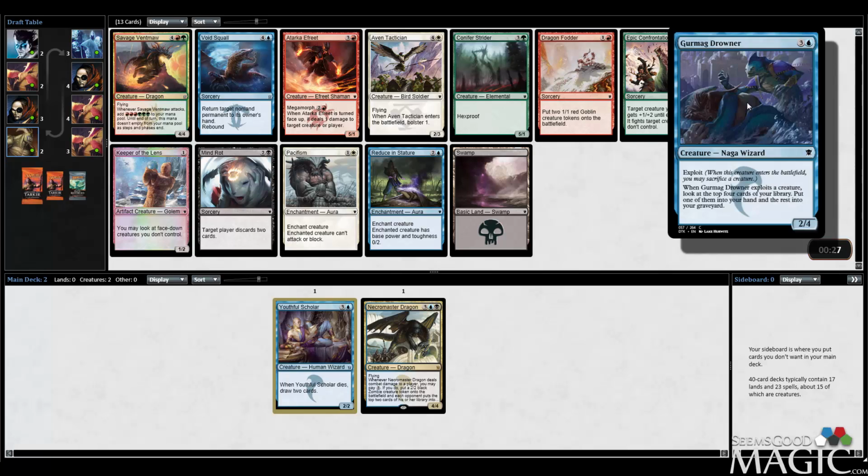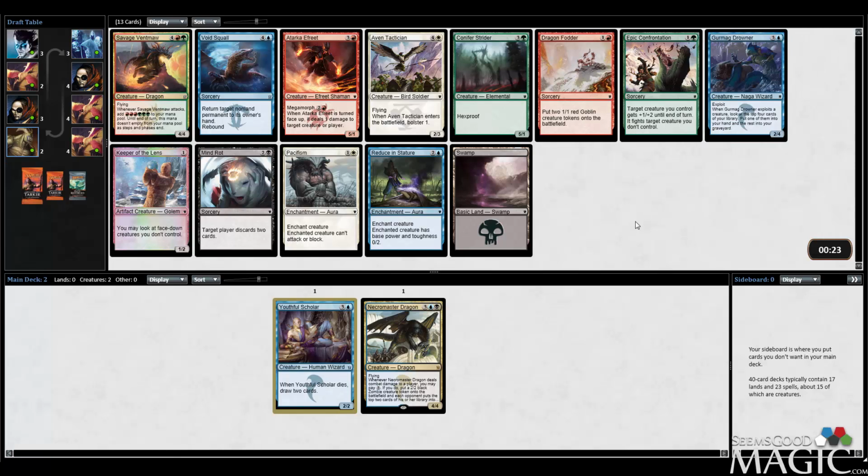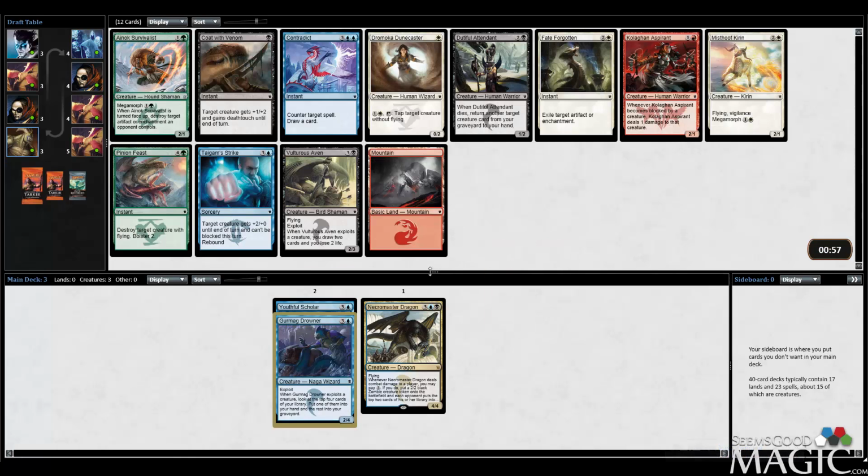Although people tell me this card's not really impressive anymore, I still think it's really good. It certainly works well with Youthful Scholar. Strongest card in the pack are the removal spells. Do I necessarily want to take either of them? I think Epic Confrontation is better than Pacifism, but Pacifism is going to work better if I want to play the Youthful Scholar. I think I'm just going to take the Drowner, though. We're going to stay heavy blue for a few more picks, if that keeps working out, until we see what's